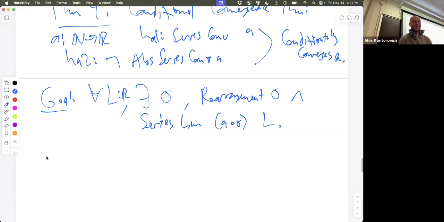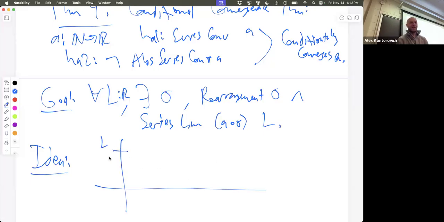What's the idea? Any thoughts? You're trying to get to L. So here's your favorite value, L. You have some random series, you know nothing about it, except that it converges, and it doesn't converge absolutely. Sean: So maybe you would try to get past L and then go down after you get past L, and then oscillate back and forth so you can get closer and closer. That's exactly it.